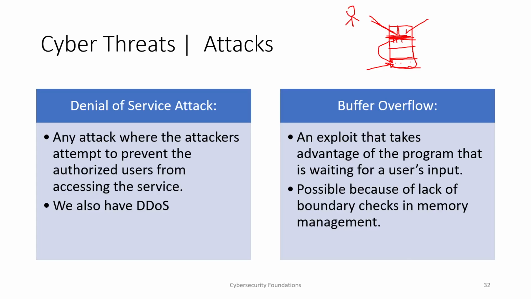I know it's a quite complicated scenario to discuss, but a buffer overflow attack targets the vulnerability in the operating system, and it especially relies on taking advantage of programs that are waiting for user input. And because we don't have what is called the boundary check, which is something that we configure or program in our application related to memory management, the hacker can